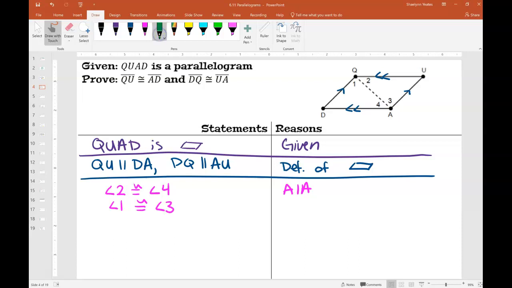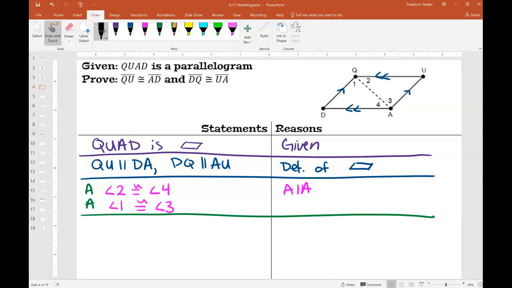Well, right now I have an angle thing going. So let's see if we can get one side, because if we can get one side congruent, then we can get everything else congruent, right? Because it would be angle side angle. Well, if we look at that line that's connecting Q and A, that would be shared between two triangles there. So if I can say that QA is congruent to QA,